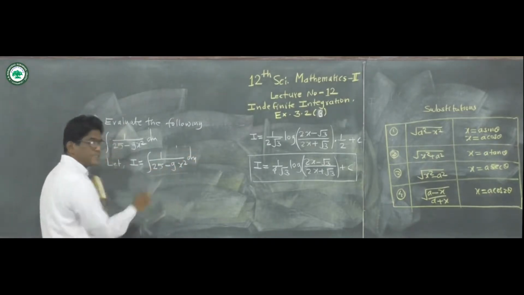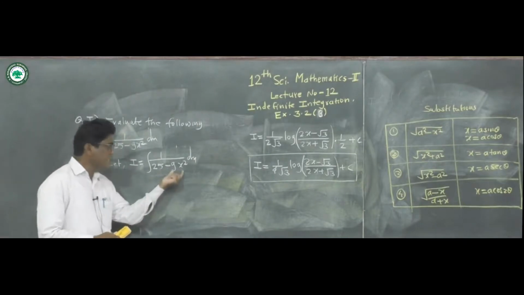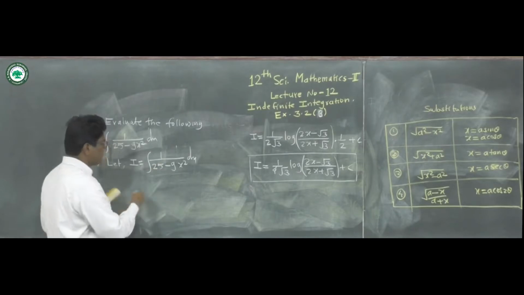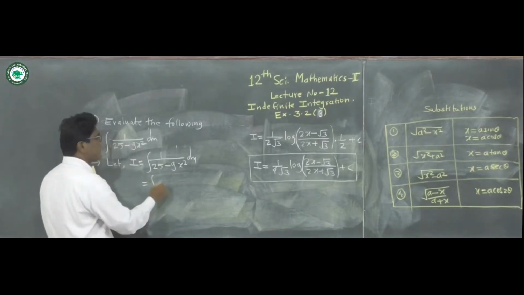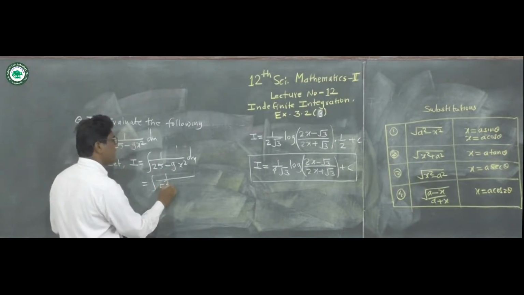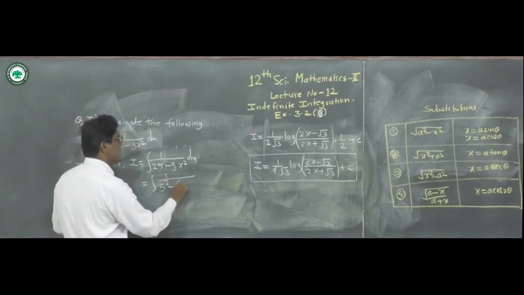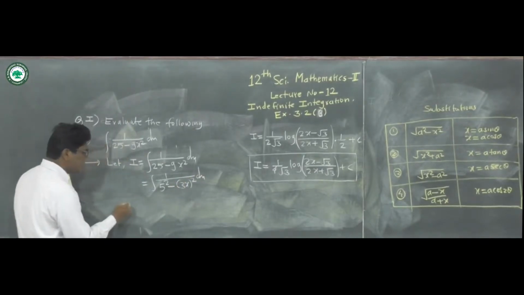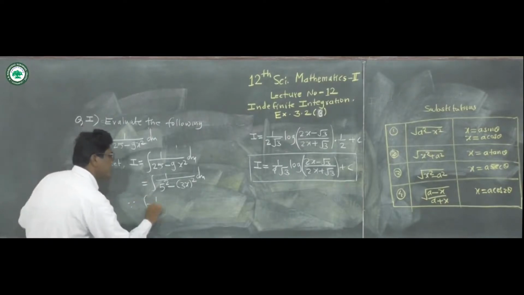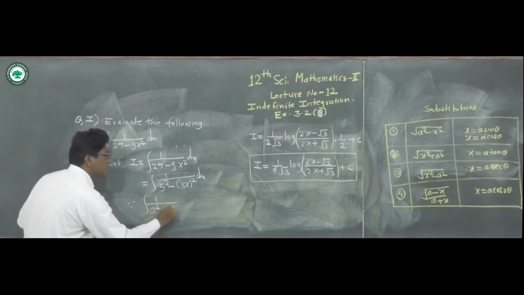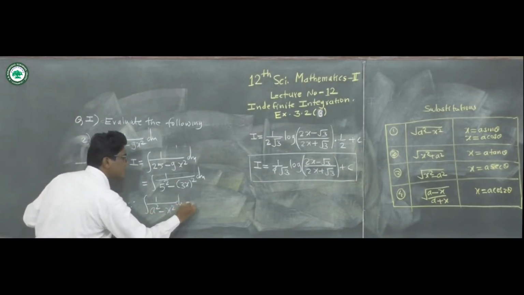Here also 9 is a complete square. So we write this as (3x) bracket square and 25 as 5 square. So this is equal to integration of 1 upon 5 square minus (3x) bracket square dx. And now use the standard formula, that is the third formula, integration of 1 upon a square minus x square dx. What is that formula?